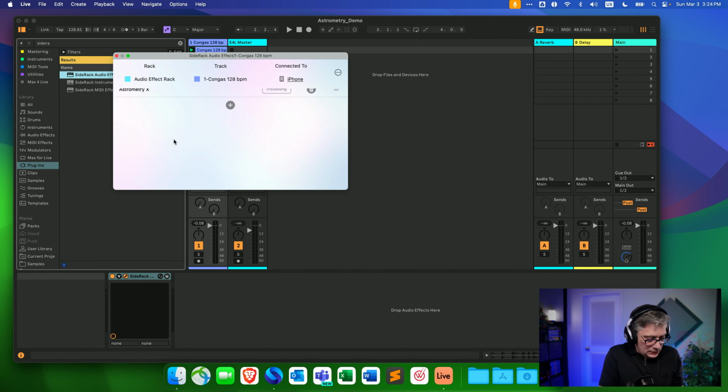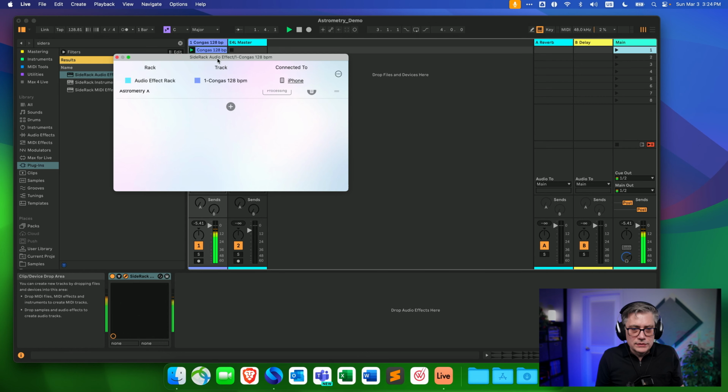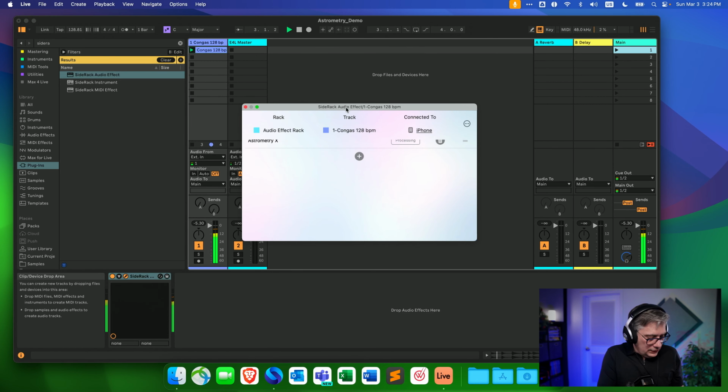I'm not quite sure if you can see that here on my iPhone. I'm going to do the same thing that I also did on the Mac version. I'm going to remove the tabs and just have one tab at the very beginning. And let's play our sound. And what is happening now is, okay, the feedback, let's move the feedback back, that the sound is essentially passing through the USB cable to my iPhone. The iPhone is sort of an external digital signal processor, and I can use the iOS version of Astrometry Delay in order to add the delay.